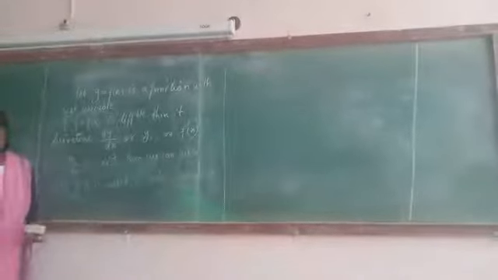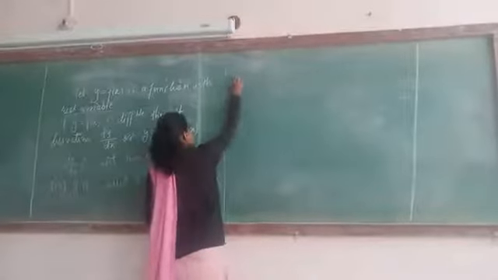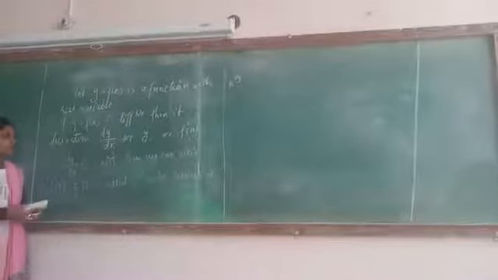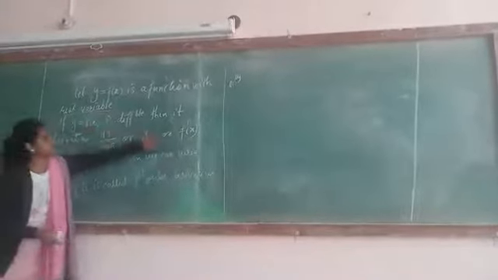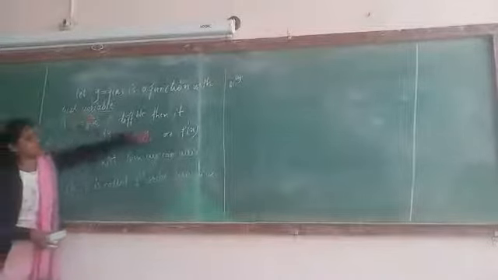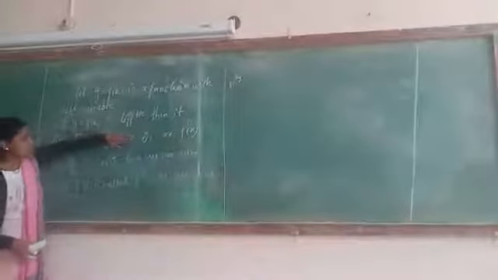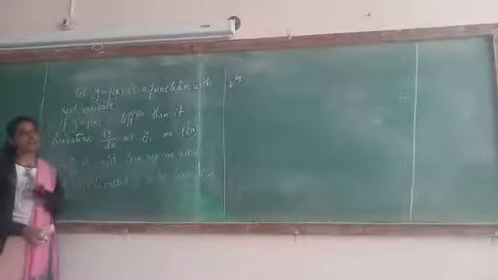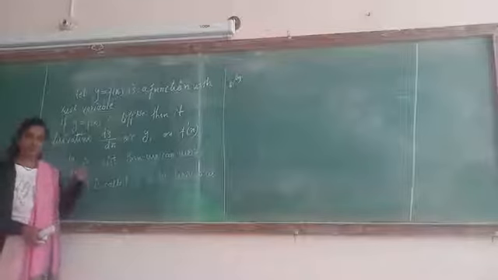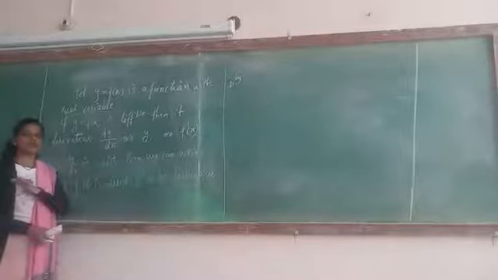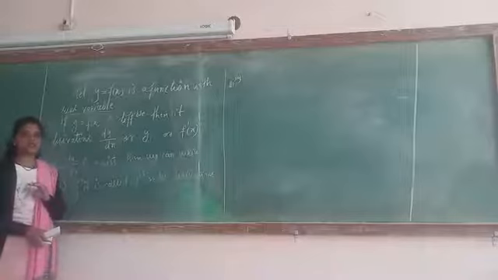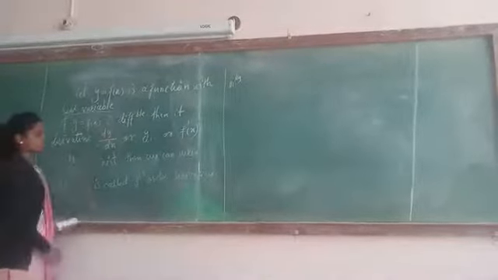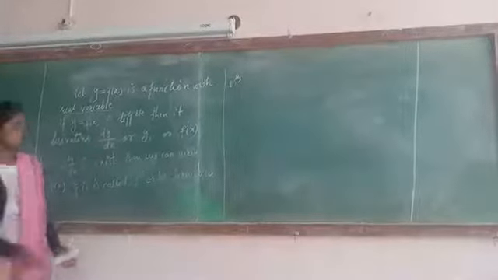Now what is the second order derivative here? Similarly, to find the second order derivative, we need to differentiate these terms. Now after differentiating this, we got this, correct? If we differentiate this, we will get the second order derivative. And if we differentiate the second order, we will get the third order derivative. If we differentiate the third order, we will get the fourth order derivative. So this is the successive derivative, okay? So this is the first order derivative. Now what is the second order derivative here?